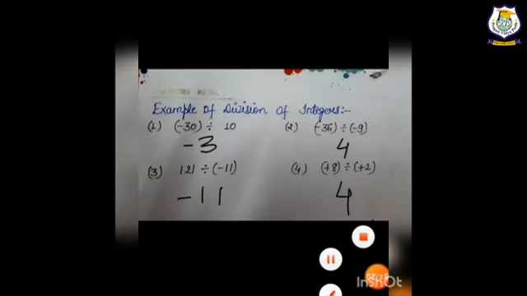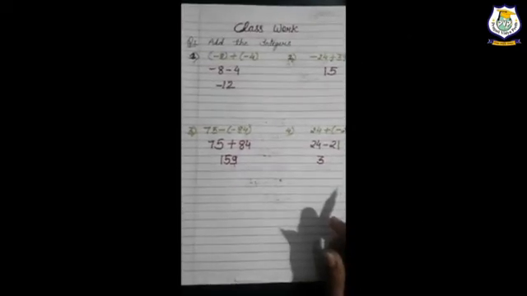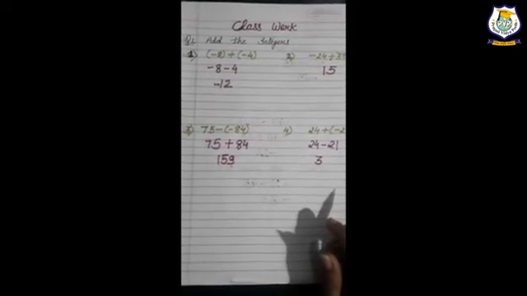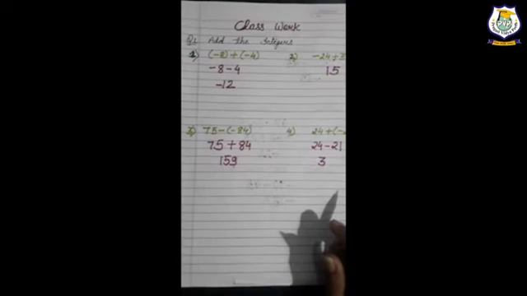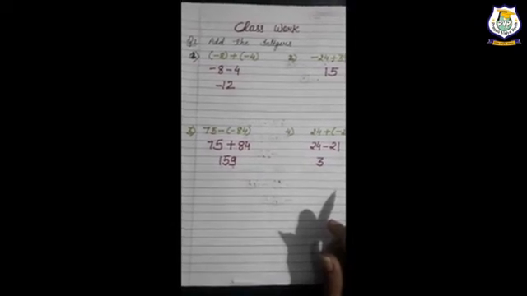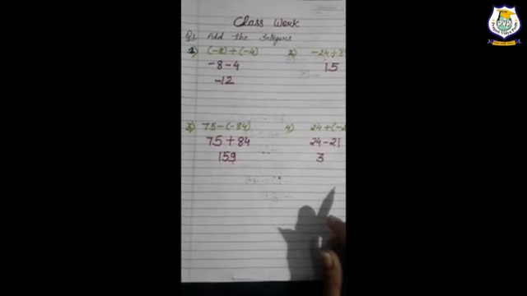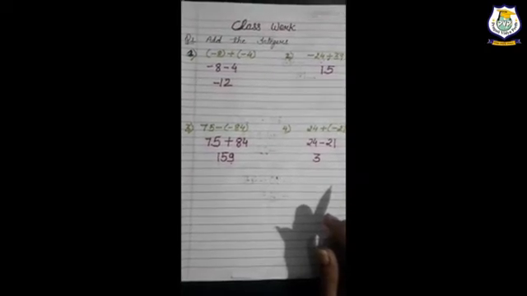So here I have solved the sums of division and multiplication. Both are following the same rule. After that I have solved different sums for multiplication and division also, so you can know about the multiplication and division of integers. So after doing our concept, I will start with our classwork. In classwork, we will learn more about the addition of integers, subtraction of integers, addition and subtraction of integers on the number line, and the multiplication and division of integers.